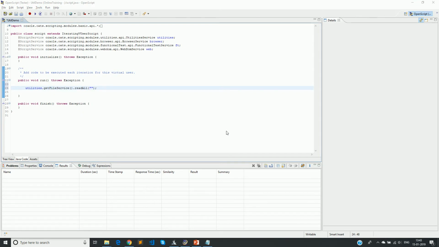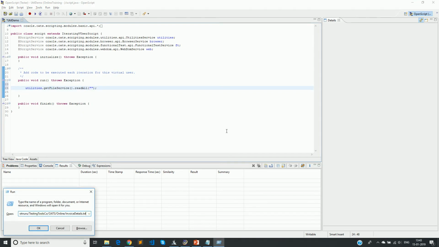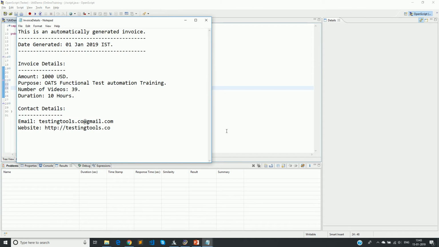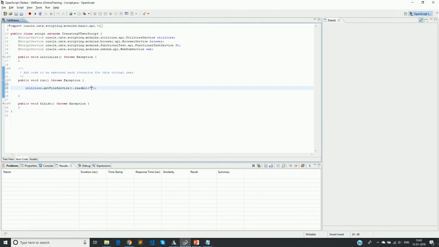I have created a small file which we will try to read. So this is the content of the file. Now let's pass the file path and then we can store this into a variable.